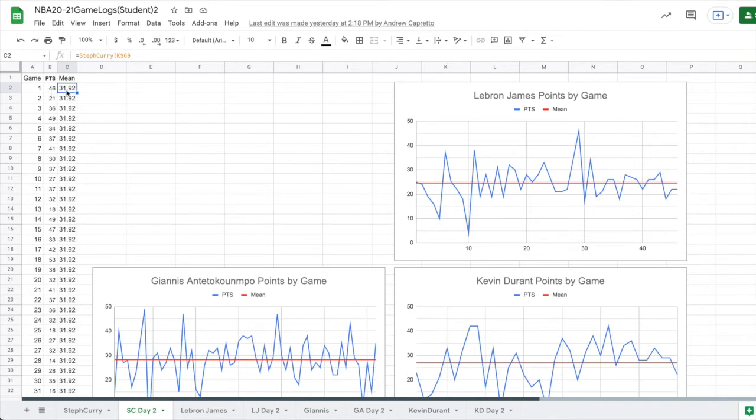And then we see just kind of a very boring column. It's just his mean next to every single game score. We're going to use this to create a graph where the graph is comparing each game to his mean for Steph Curry. Okay, so you'll actually notice that this column here for the mean is actually pulling the information directly